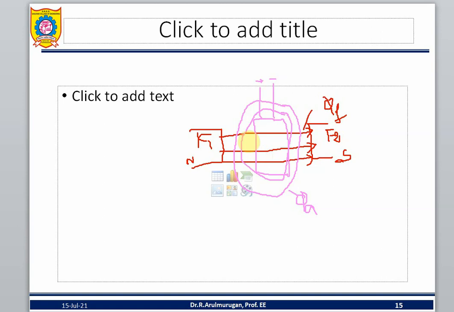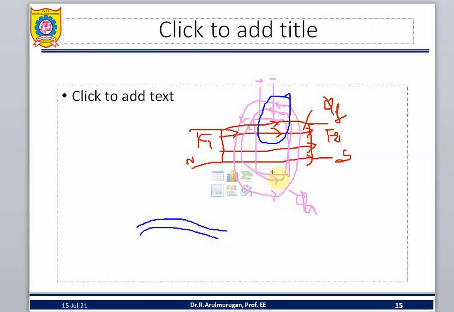So I want to mention the directions. For example, these are the directions. Now tell me which side is weakened and which side is strengthened. Where will they fight more, and where will they fight less? At the top, notice the flux is in opposite directions. They fight more, so if they fight more, there is less flux.